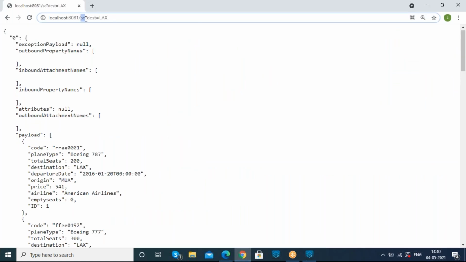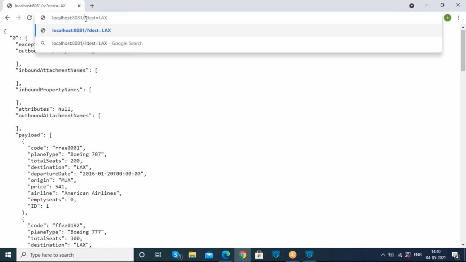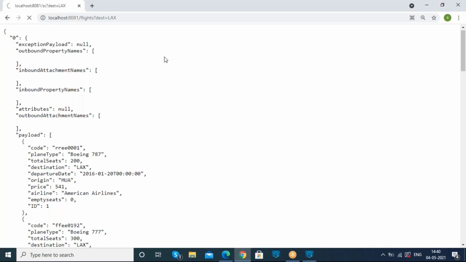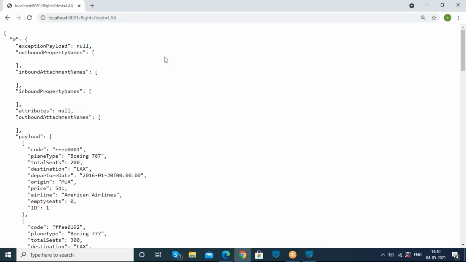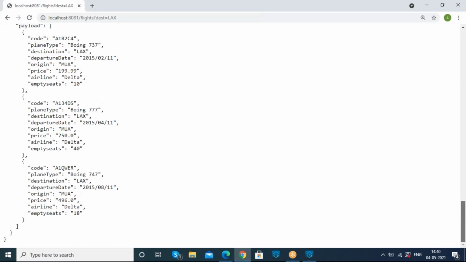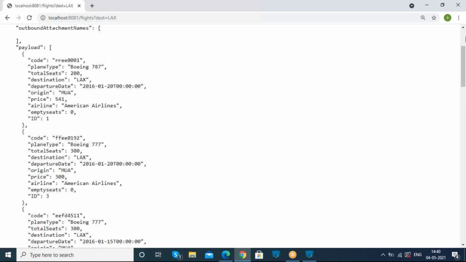Now with just the index, we are able to get our result. Flights is our endpoint, and we are able to get all three APIs as our response.